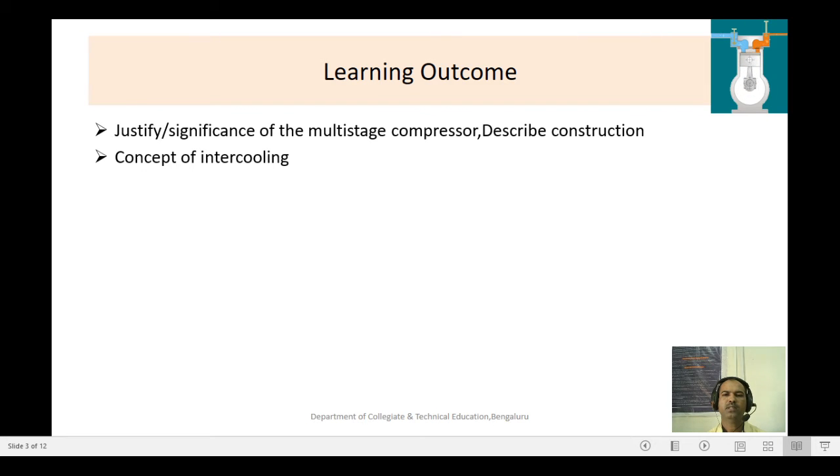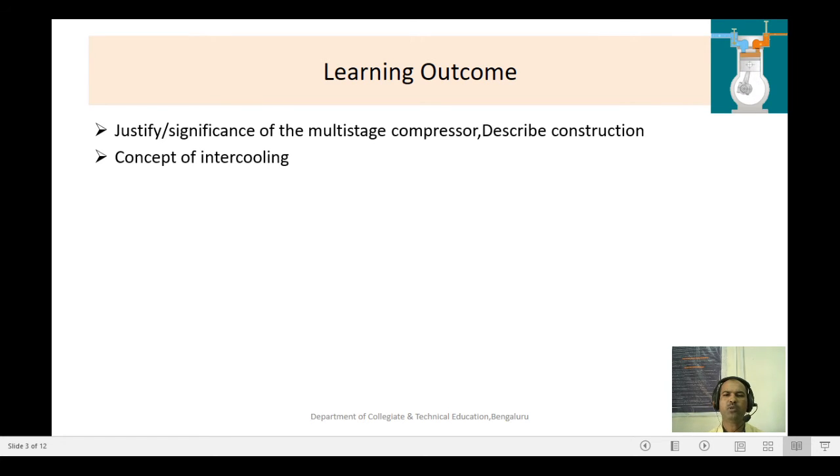In the next stroke, that is the delivery stroke, what happens? The piston moves from bottom to top. While moving up, the air is compressed and the inlet valve is closed. Slowly, due to high pressure, the outlet valve opens, and the highly compressed air is stored in a pressure vessel. So this is the basic working principle of the single stage reciprocating air compressor.